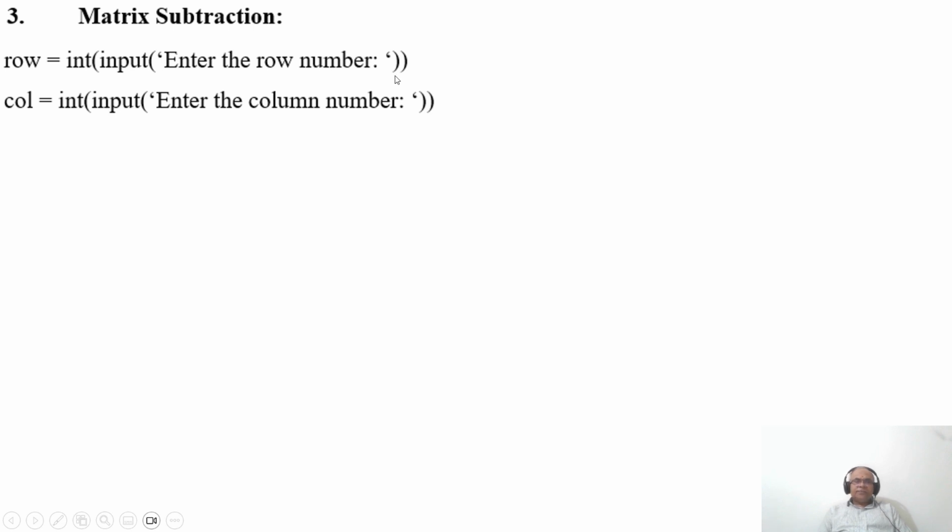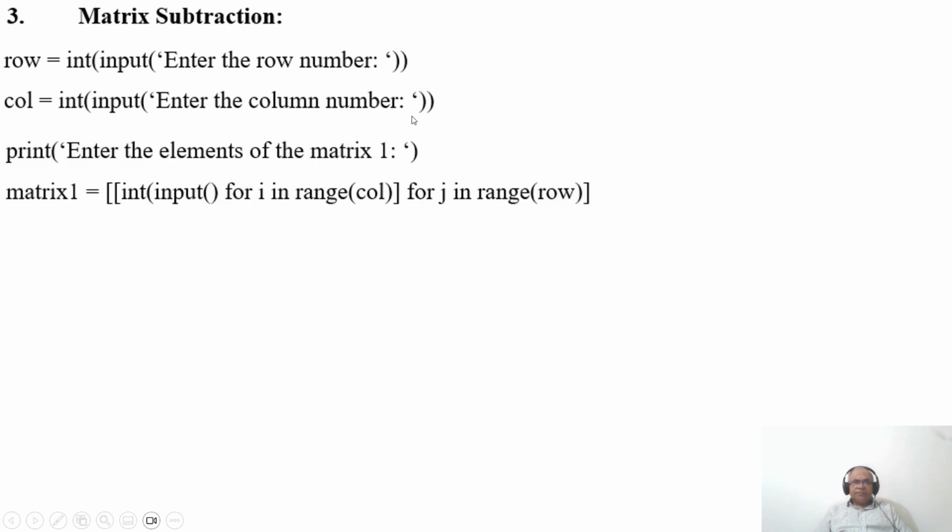Once you do that, I want to store that in a particular variable. So I am calling that variable row. So row equals int input, enter the row number. Similarly, column equals int input, enter the column number. Now after that, I need to